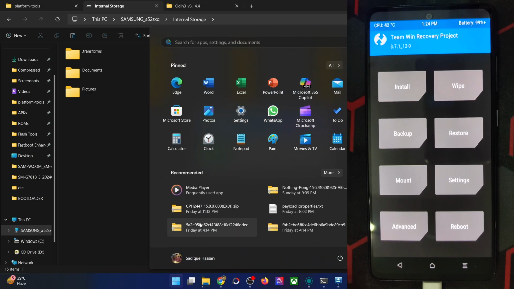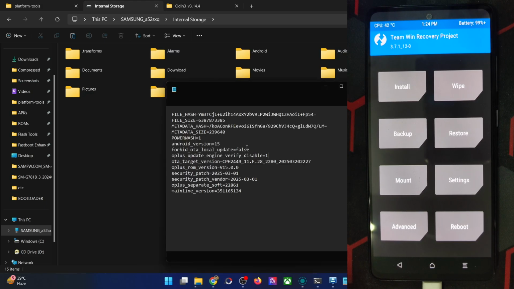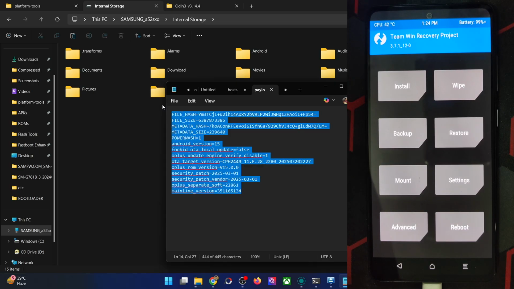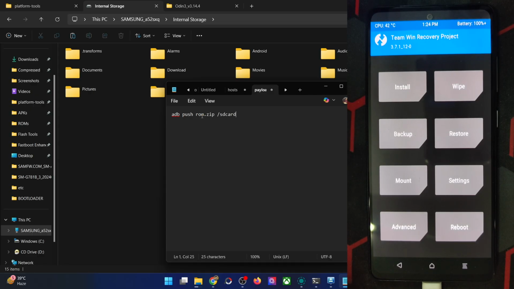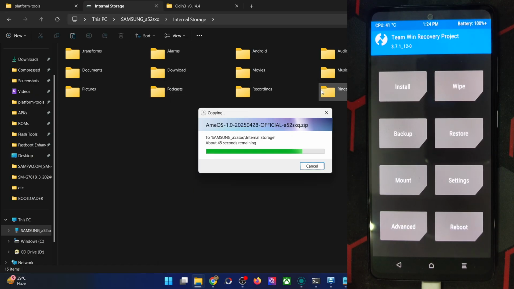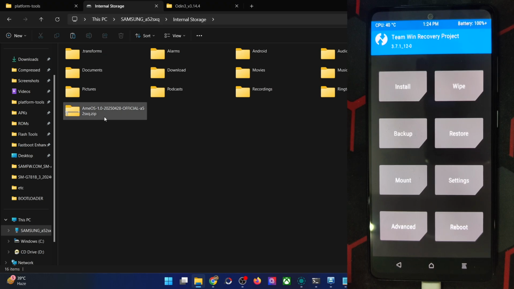Let me show you. So simply transfer the ROM zip file inside the platform tools directory. Once that is done, type in ADB push file name, let's say rom.zip space /sdcard, and the ROM will be transferred in the SD card. You may also use the data directory and the ROM will be transferred inside that, but it's recommended to use the SD card only. And using the ADB push command, you could also do a file transfer, but for now the USB mount is working for our case without any issue.